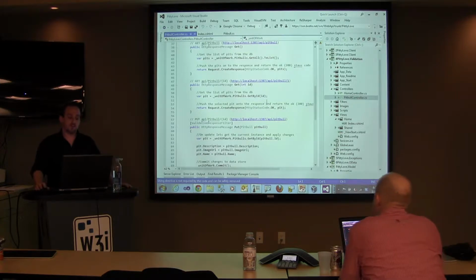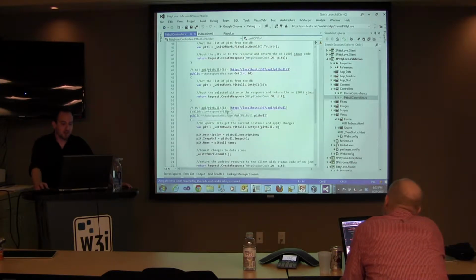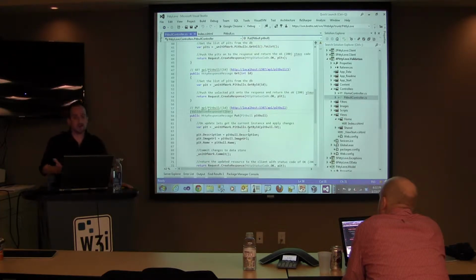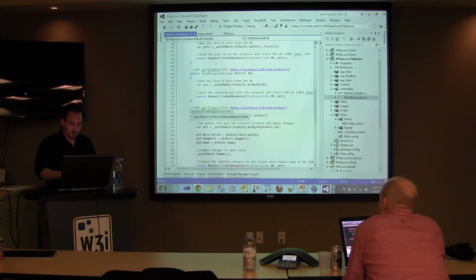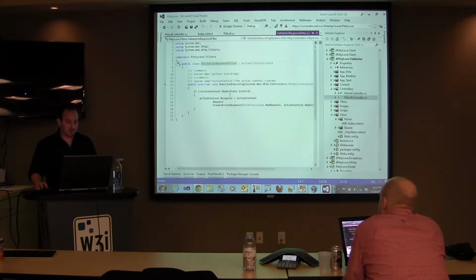Well, where the validation actually happens, and this is a pretty cool thing. One of the things we get from MVC is action filters. Action filters allow us to run code before an action executes or after. But the neat thing about action filters is that they happen after model binding, so they happen after validation. Using this kind of lifecycle information, we can do something that's kind of neat. You can see that I've created an action filter, and I'm overriding the on executing, so before the action actually executes. But since model binding and validation have already happened, we can check the model state